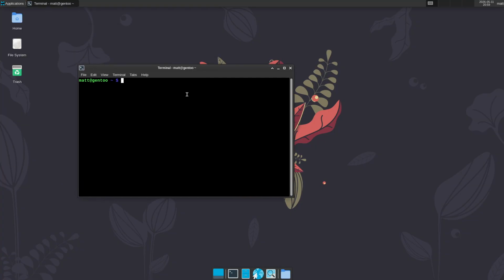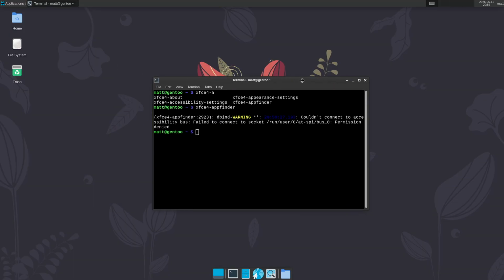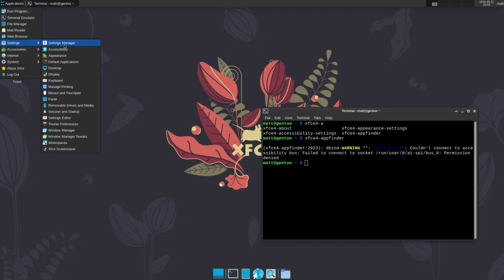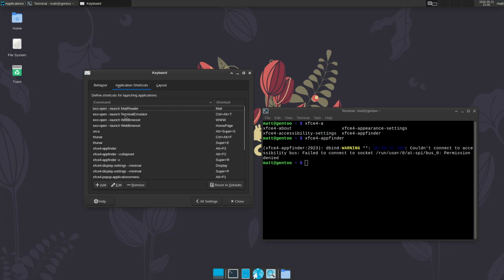I'm so used to the way I had XFCE configured. Let's see here. What is it? It's App Finder. Yep, that's the application. We want to bind it to a hotkey here. So XFCE4. There we go. Here we go. So we can